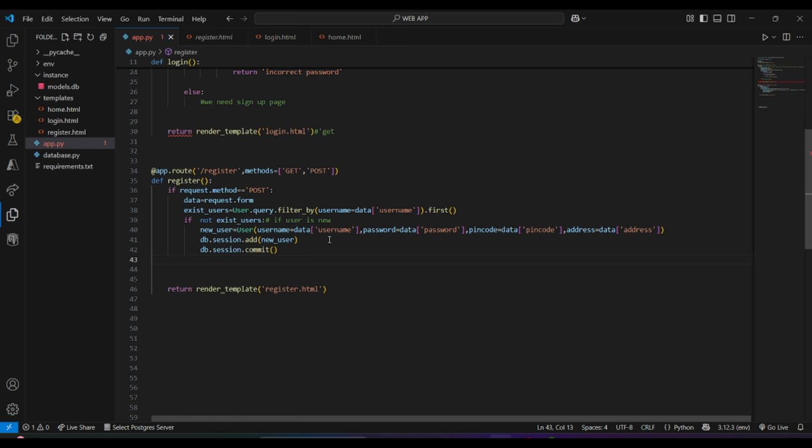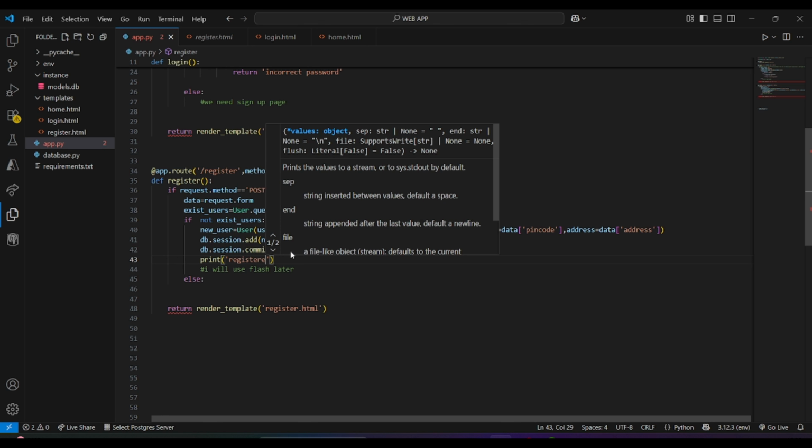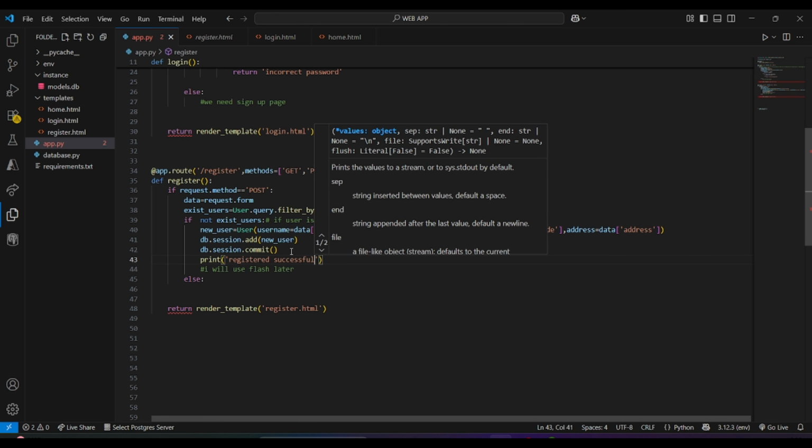I will use Flash later. Flash is a very useful and simple way to show messages. So let's simply print registered successfully, please log in to continue.